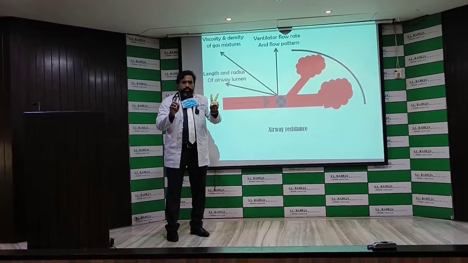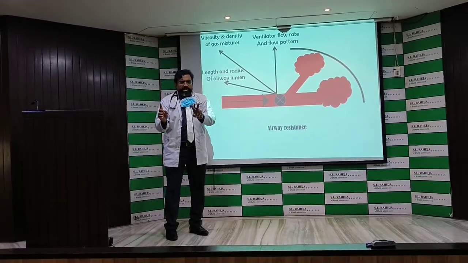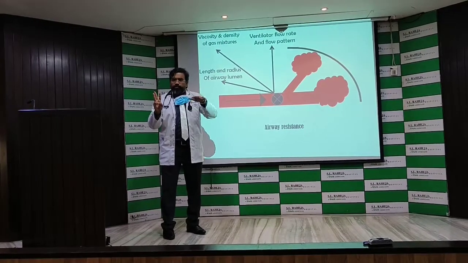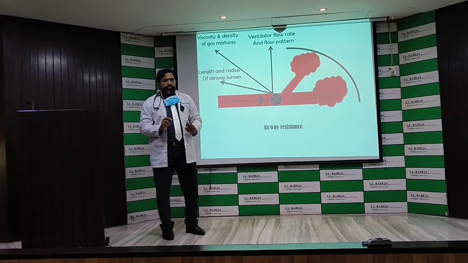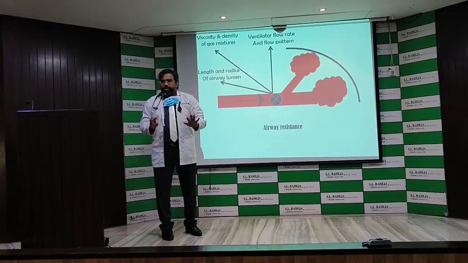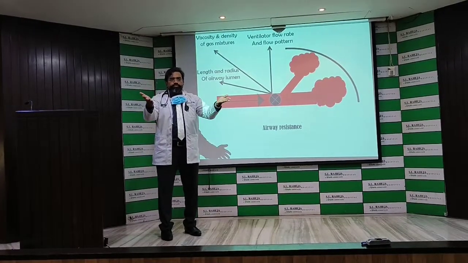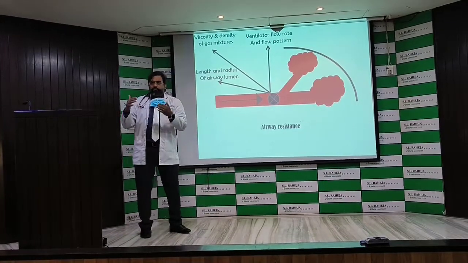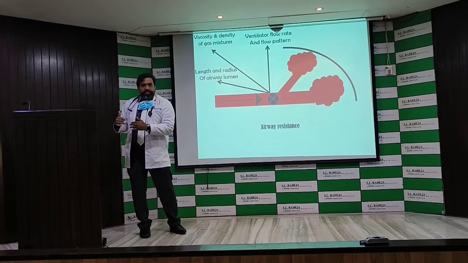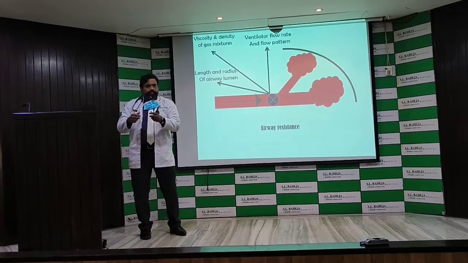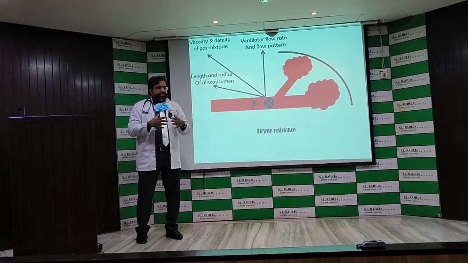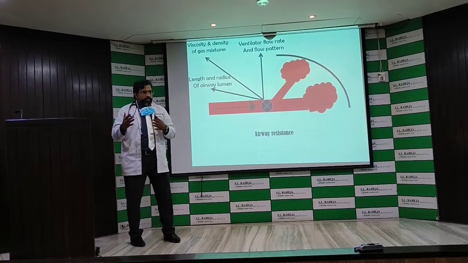Now I make this 1:1. That means 3 seconds. So the same 500 ml is going in 3 seconds. So obviously the flow rate will come down. When the flow rate comes down, the compliance improves. So if you have a patient whose compliance is on the lower side, you can manipulate the compliance by looking at the resistance pattern,